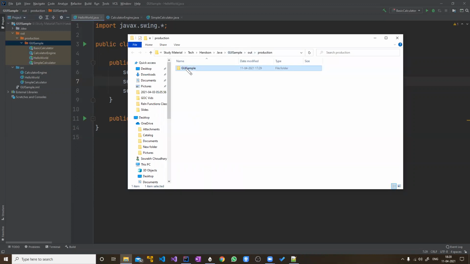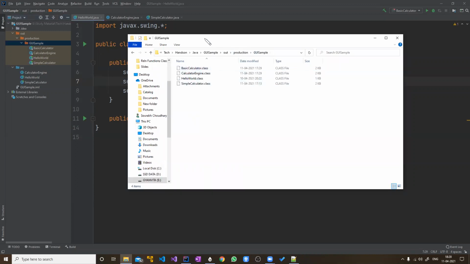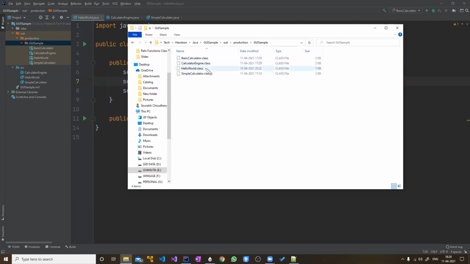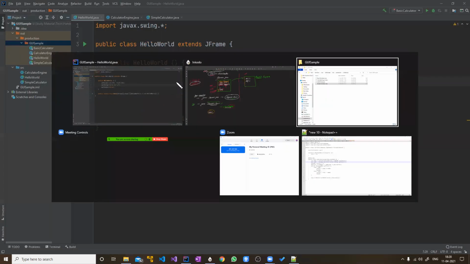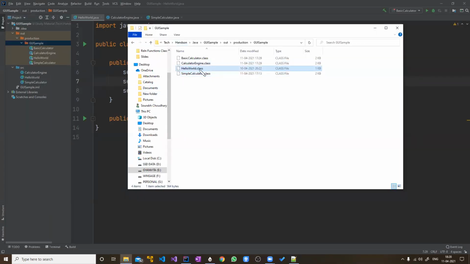If you go to this GUI sample, you will see whatever classes we had, for example calculator engine, hello world, simple calculator. As I said, your square.java class is converted to square.class. So you can see here as well, you have all those .class files.